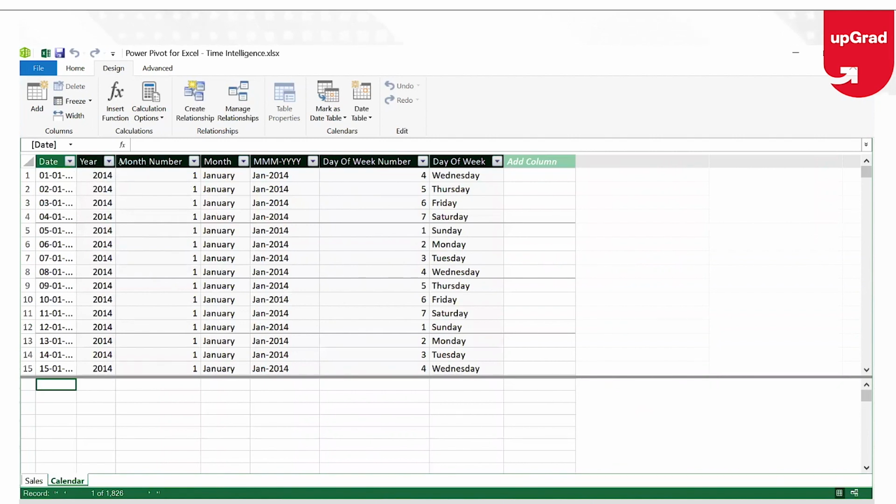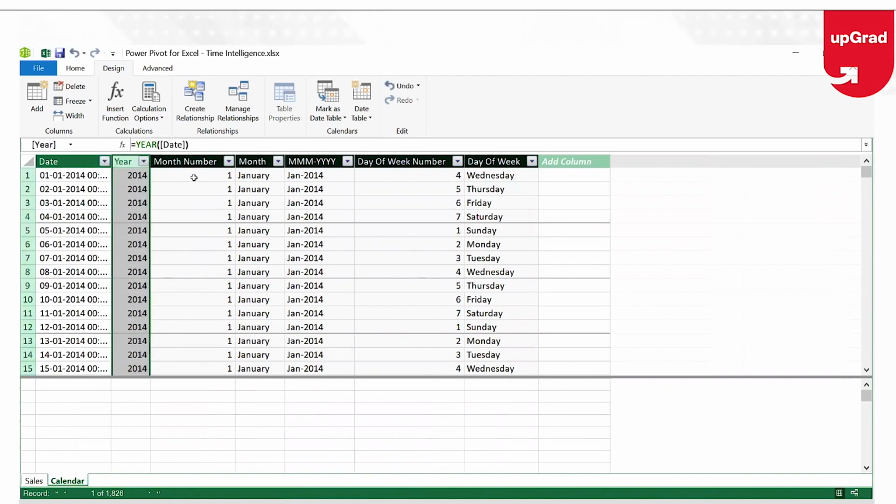It is picking up the year from that date, the month number, the month and year, the day of the week number, and it gives the day of the week in name form. You can see it's so simple to get the whole calendar showing up here.